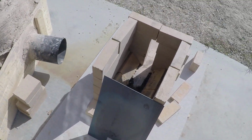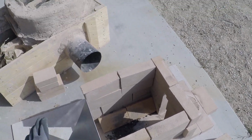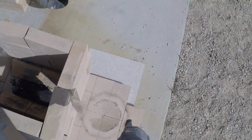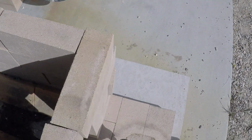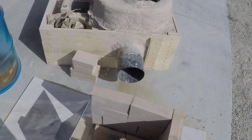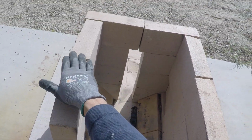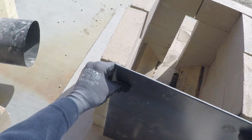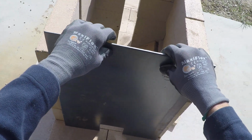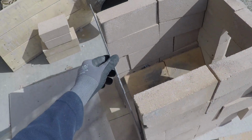We decided to go with a batch box system, which this was our mock-up, where we burned. This is how we tested the riser. You can see the octagon burn pattern right there. So that's where the riser sat. The slot meets up to this, and this is the batch box mock-up. We wrapped it in Dura blanket, put a piece of metal on top, and this is our temporary front door just for mock-up. 1/8-inch plate,